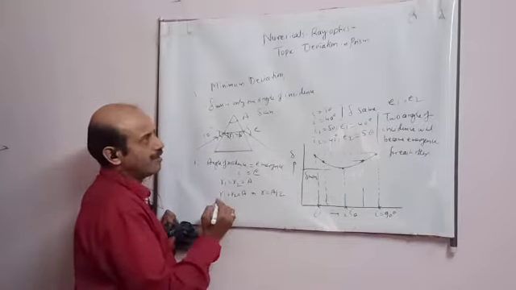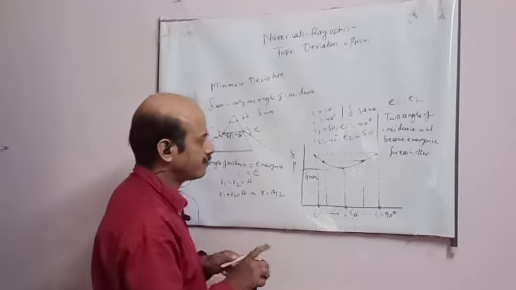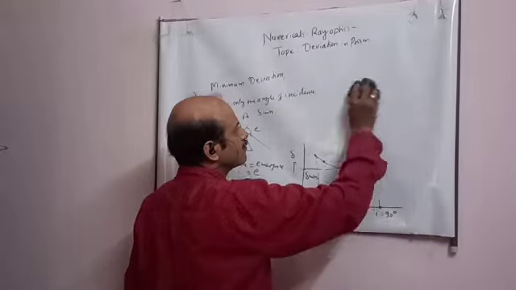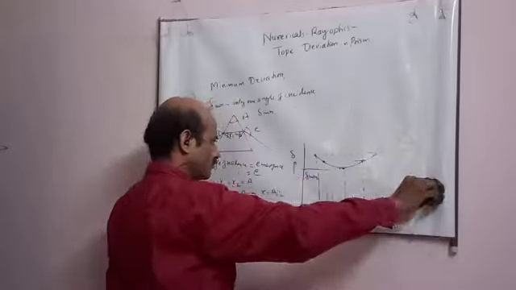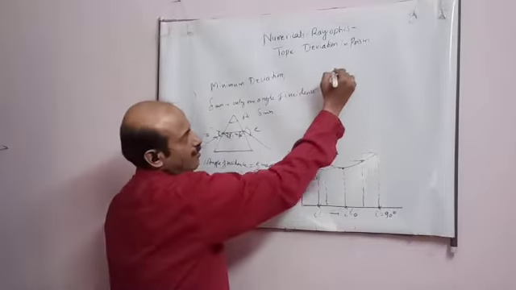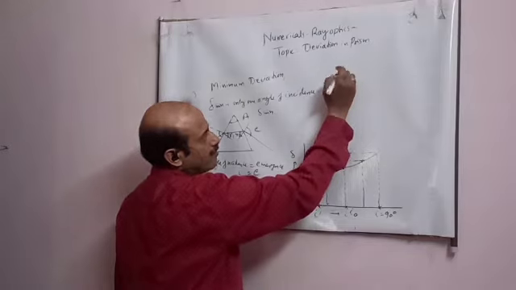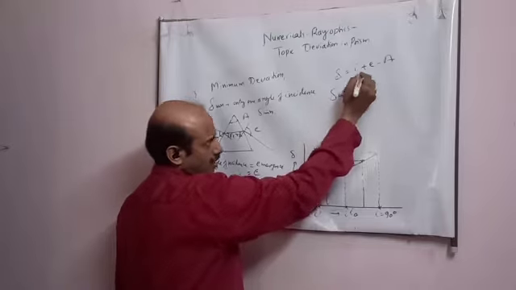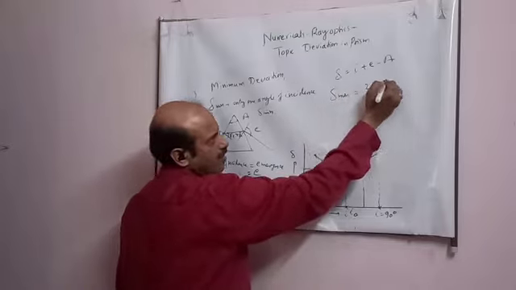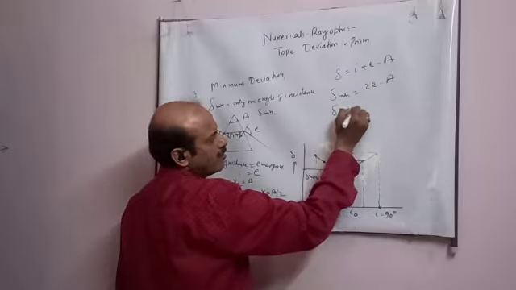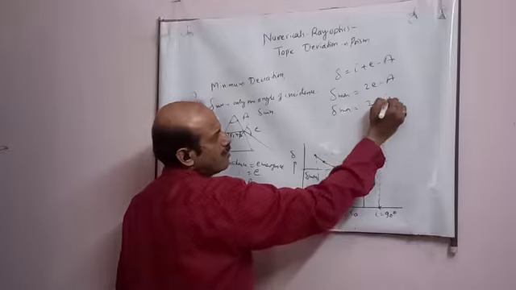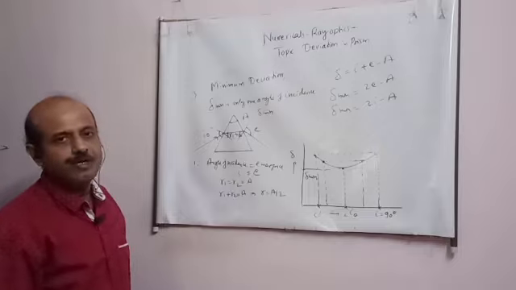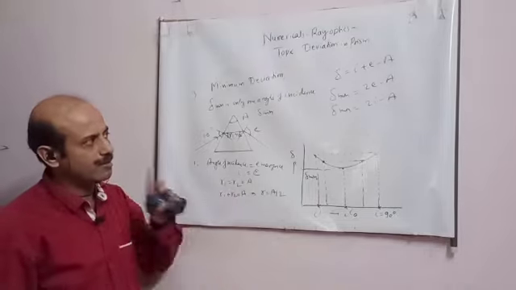Now another formula, student, which we have written from this formula which we have derived, delta is equal to I plus E minus A. So when this is minimum, I is equal to E, so this will become 2E minus A. Or another formula, student, delta minimum is 2I minus A. This will happen in case of minimum deviation, student. Okay, these are the relations which we have to remember, student.